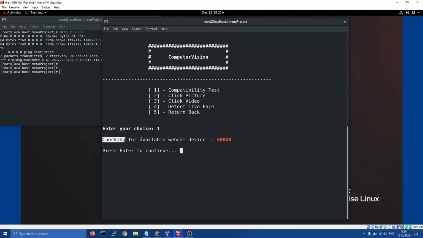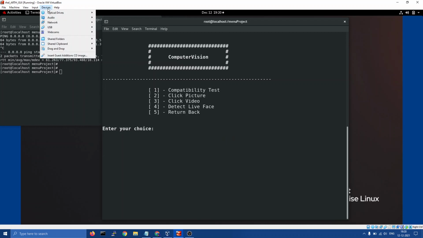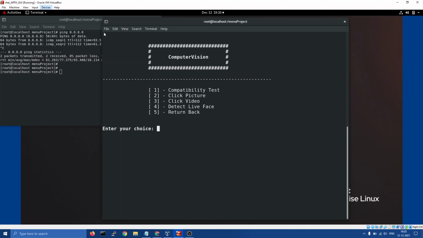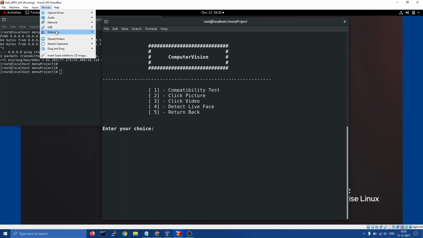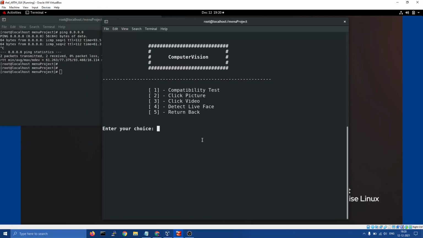Checking for available webcam device, it's giving an error saying that you haven't connected your webcam. So let me connect my webcam through the VirtualBox integrated webcam. I have selected it, and you can see here it is selected. Now if I run the compatibility test again, checking for webcam is successful and the webcam is working fine.